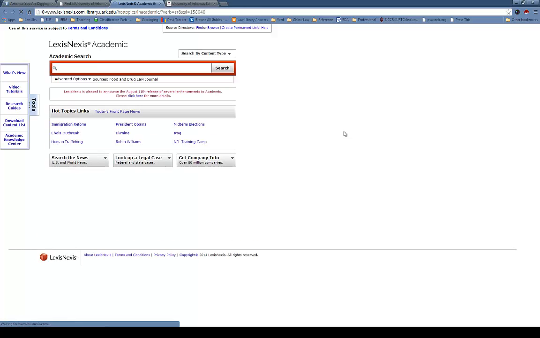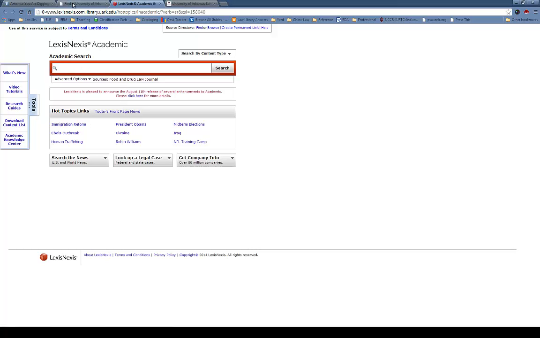Now, one word of caution is that for law reviews, for law journals, not everything is going to show up in a Find It search. So your best option is really to either ask a librarian or to search for the title of the journal in our catalog. And you'll see, this is taking you to where you can get the full text of